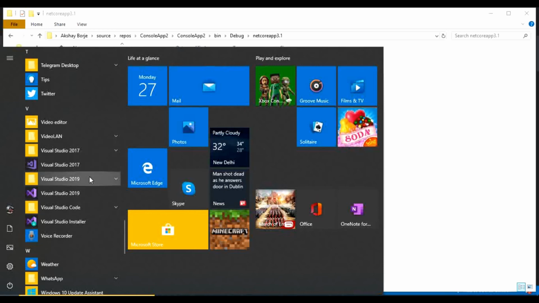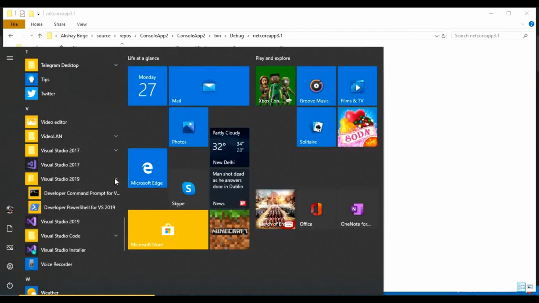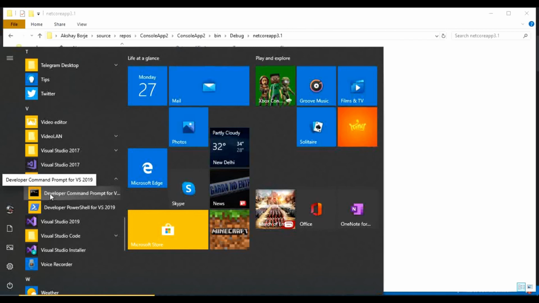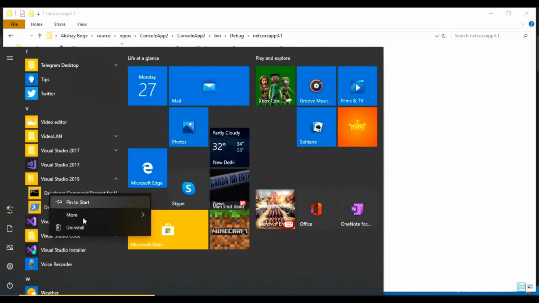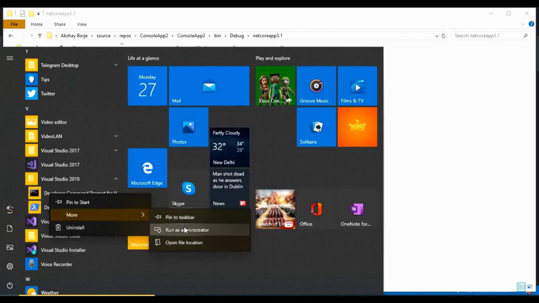Whatever version of Visual Studio you have, you can choose that and go to the folder of that. I have Visual Studio 2019 here, so I will go in that Visual Studio 2019 folder. Here the developer command prompt for Visual Studio is there. I will right click that and run it as administrator.